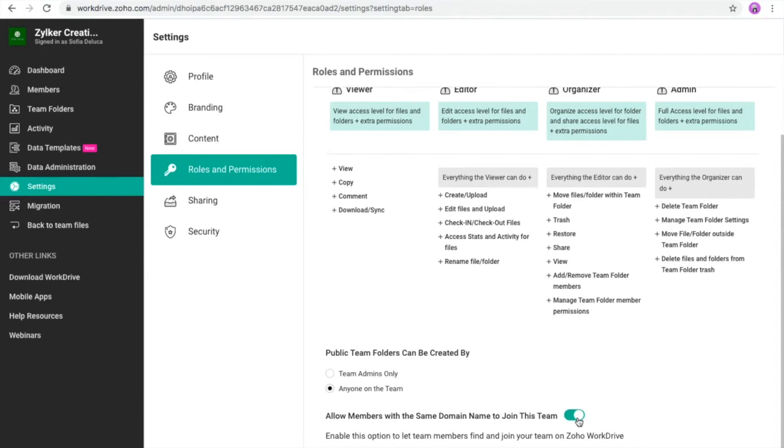So when you have different teams using WorkDrive and they create multiple teams, it ends up creating multiple silos. So instead, you can enable this option so that when another team is going to use WorkDrive, they will be able to view your team and be able to join your team. So this way you break those silos in your organization. You bring every department under a single roof and they can easily work together and communicate.